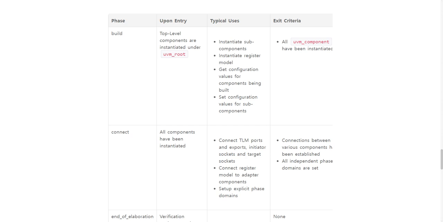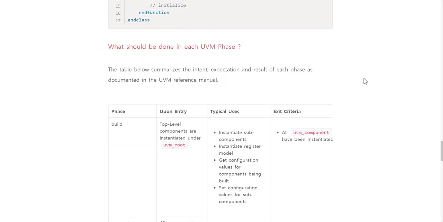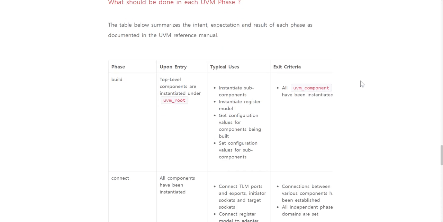Exit criteria: all components have there are some mispoint. Sorry,